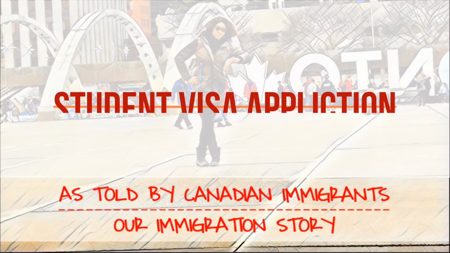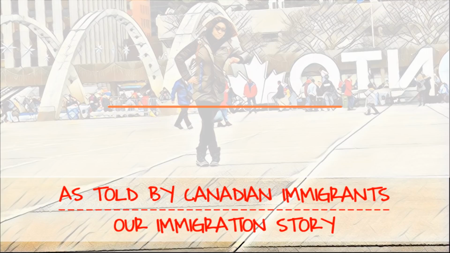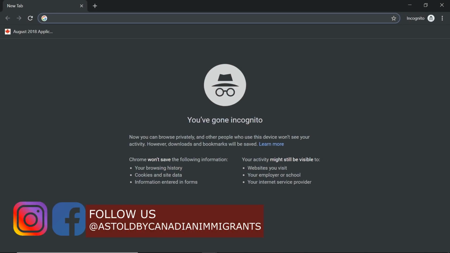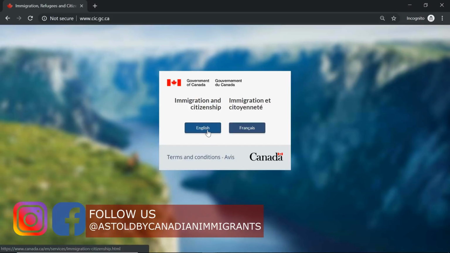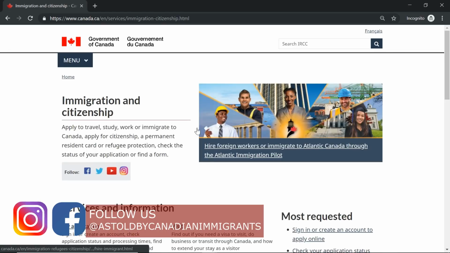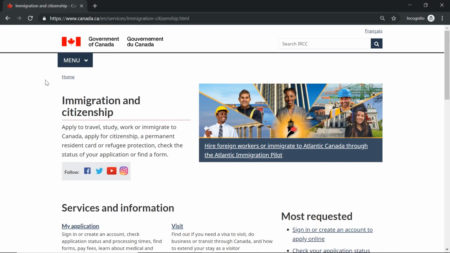Anyways, let's do it. Let's get into this student visa application. So in your browser, you're going to go to cic.gc.ca. Boom. And of course, we speak English unless you speak French. And this is the basic website for the CIC, which stands for Citizenship and Immigration Canada. So it's all about